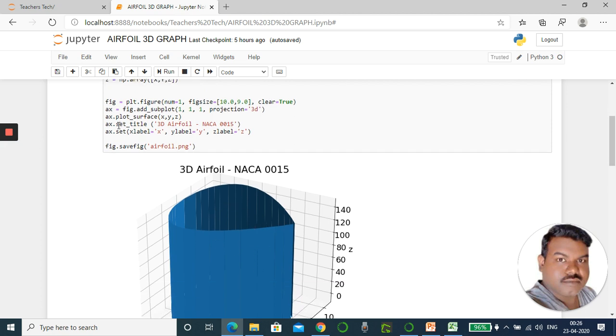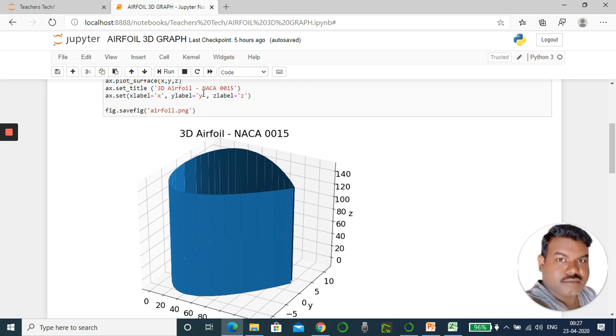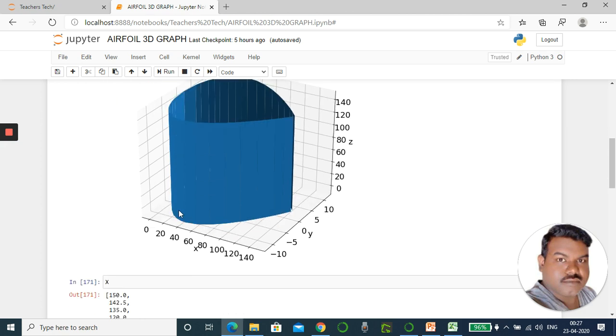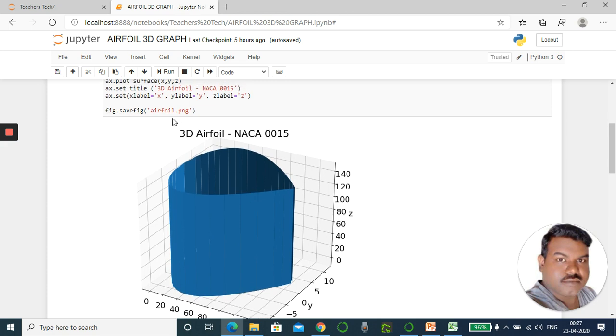Then ax dot set title. Whatever title you need, you can write here. This is the format for writing the title. And here are the labels x, y, and z. If you want to change those, you can change them here.